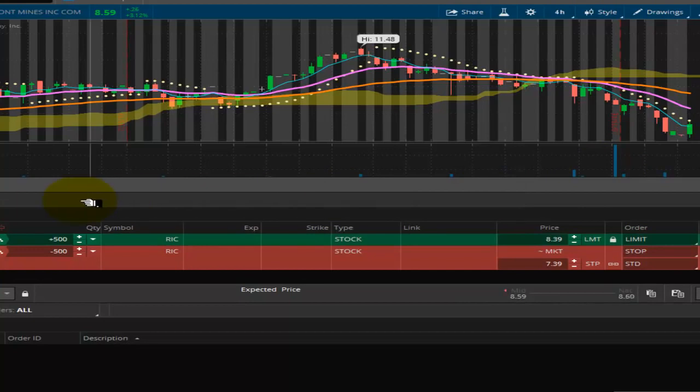Okay, this screen now comes up here at the bottom, your order entry and saved orders. You can default to however many shares you want. I have mine defaulted to 500 shares. All right, so that's just